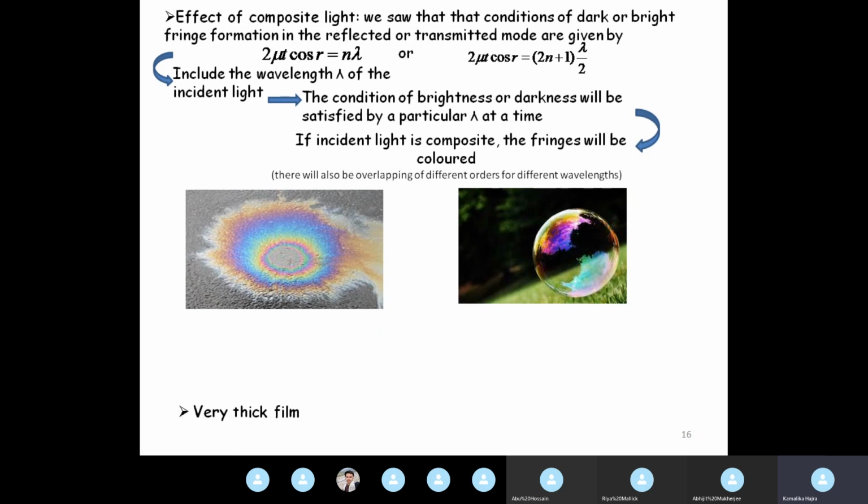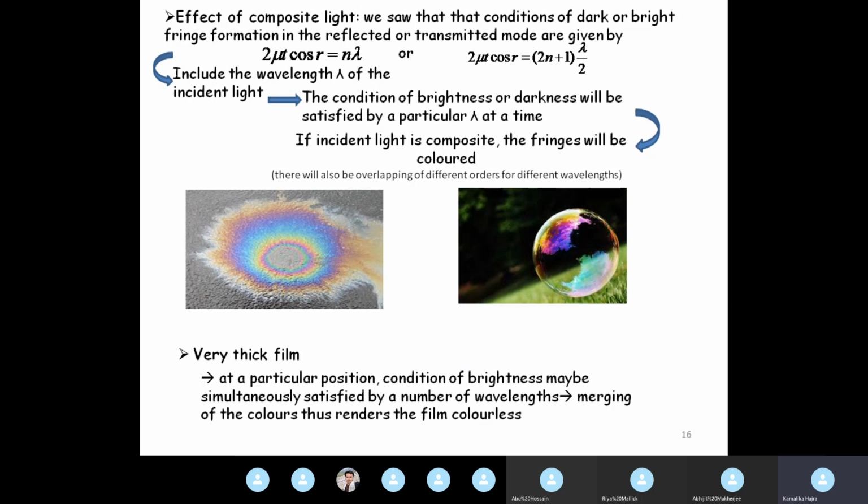All right. Now, what will happen if the film is not thin, if the film is very thick? Why do we not always see such coloring effect on the roads and in our houses? If it is due to thin film interference, there are such films all around. There are water films and different kinds of films. So why do we not always see this kind of pattern? It is because thick films will not produce such a pattern.